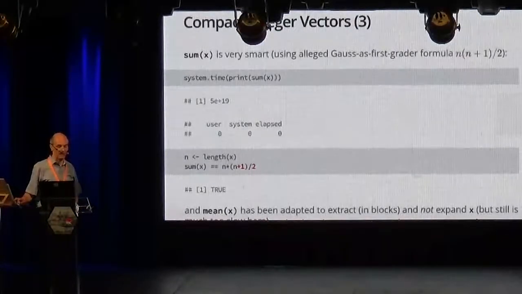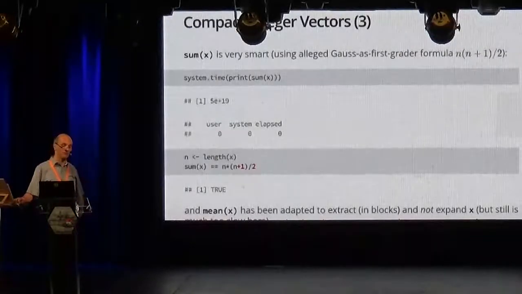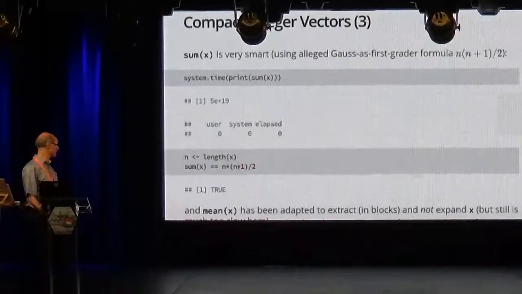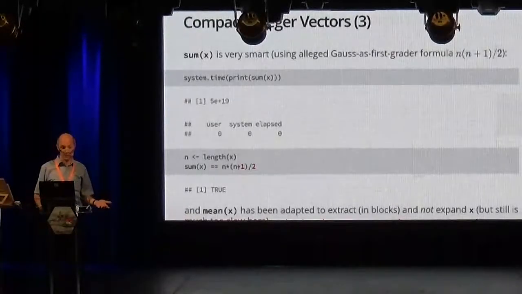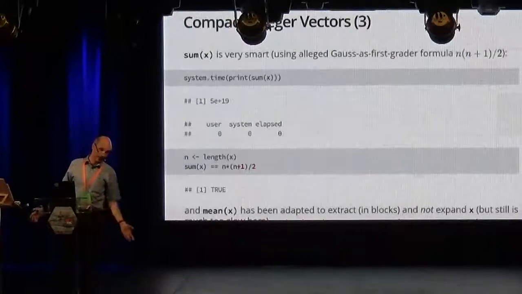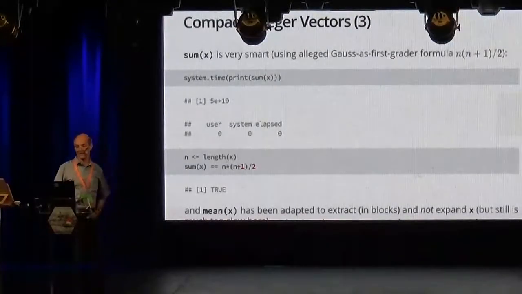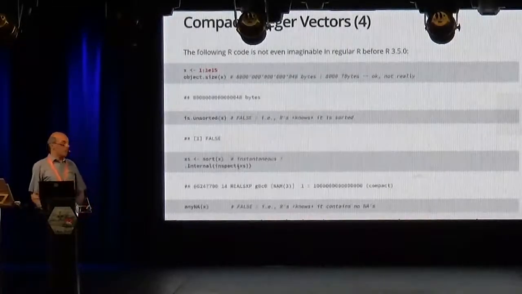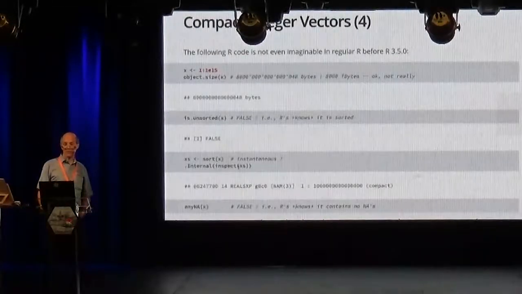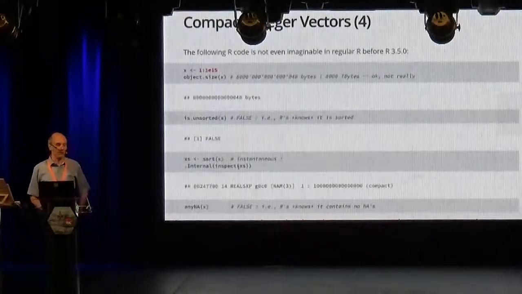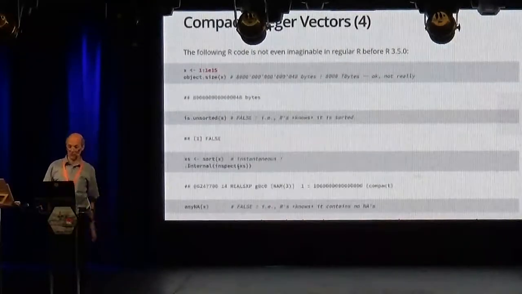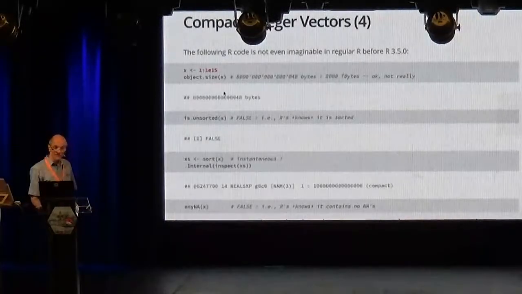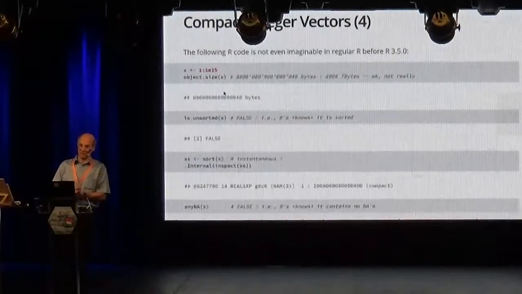And I checked that it is actually correct, because this is only 1-digit precision, but this is now really full. And mean has been adapted as well, but it is not as fast. For an integer sequence, mean is, in any case, just sum divided by the size. And anyway, let's continue. You can also do 10 to the 15, of course. That's not imaginable in any version of R. I don't think there's any computer with so much RAM. And if you ask for object.size, and I wanted to show this because this is somewhat experimental,